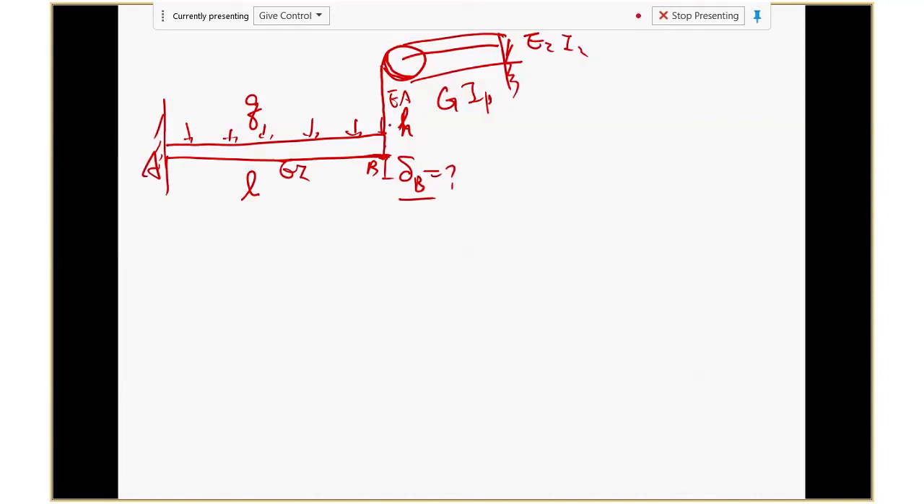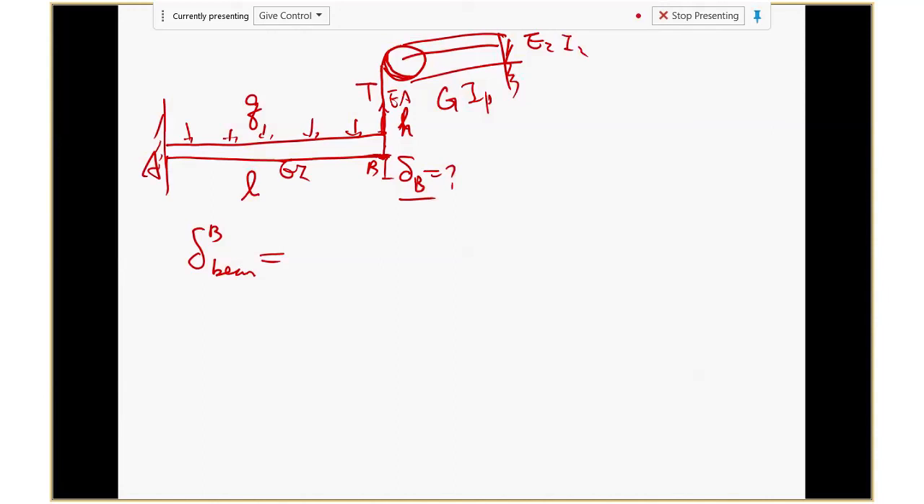So let's say this point moves delta B. What do you have here? For the beam, you're going to have a tension here. Let's call this tension T. The beam will deform by the load and by this cable. So how much does the beam actually deform? Delta beam at the point B